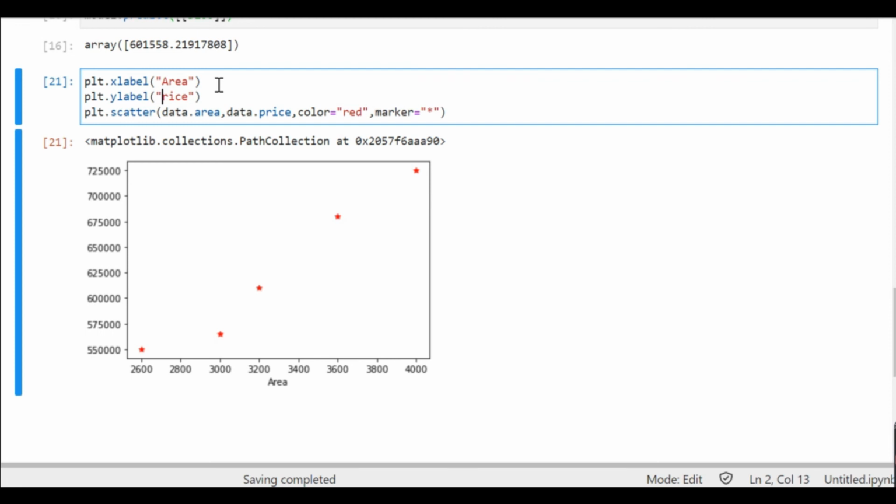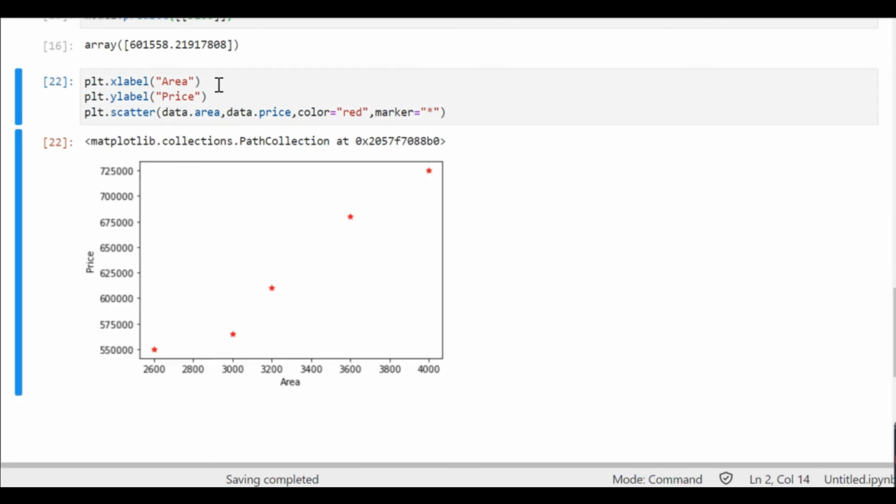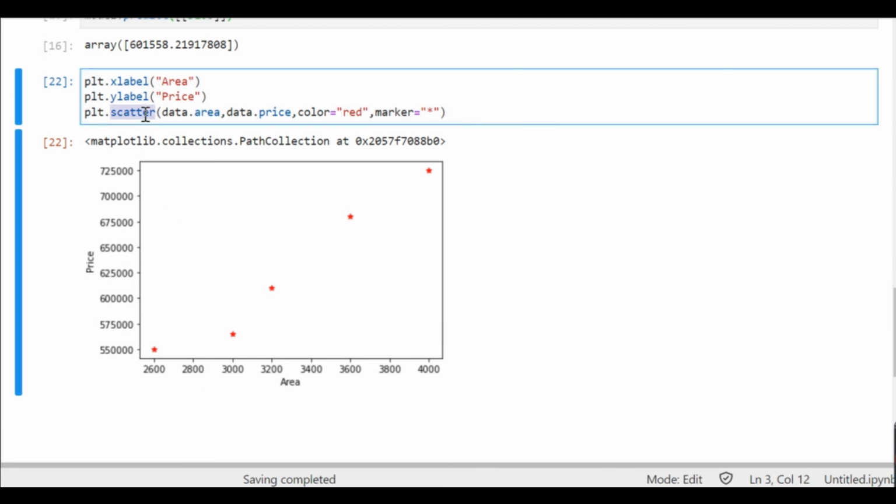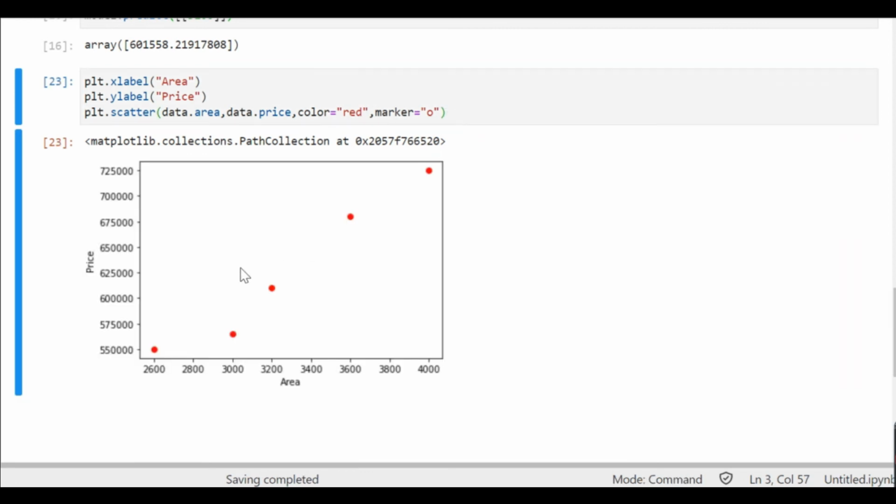So it will display the labels on both axes, area and price. Then we write plt.scatter, passing area on the x-axis for the X variable and price for the Y variable, taking some color and some marker. You can also change your marker. You can mark it as small o, so it will display dots.